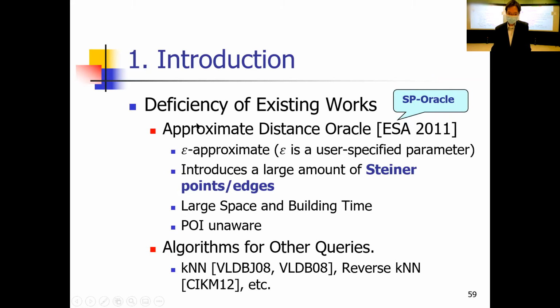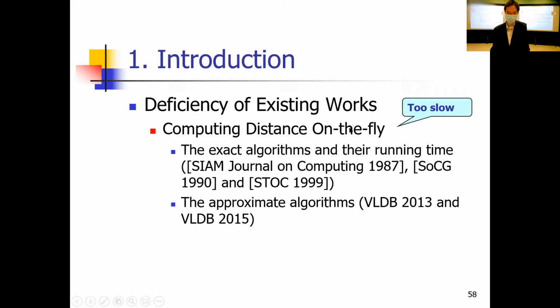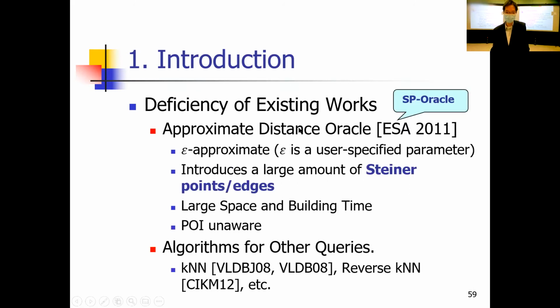And also, there's another term called approximate distance oracle. If you don't understand this term, it means that the algorithm pre-computes some index, which we call an oracle, or data structure. And then based on this data structure, we can speed up the computation, and the query can be faster than the previous on-the-fly methods, since something has been pre-computed. Okay, let me give more details. This algorithm has some guarantee, epsilon approximate, which means the error should be at most epsilon.